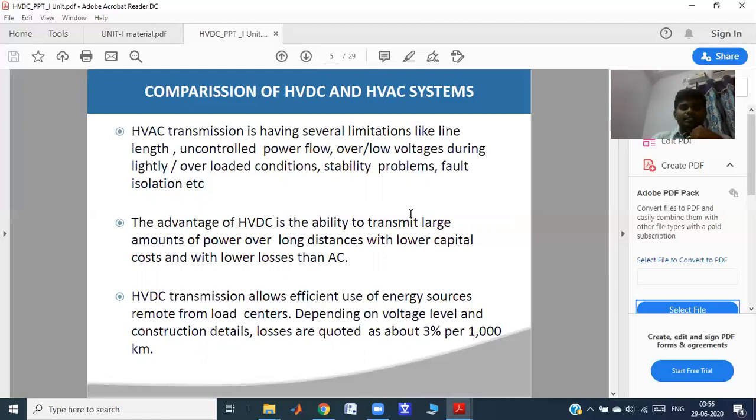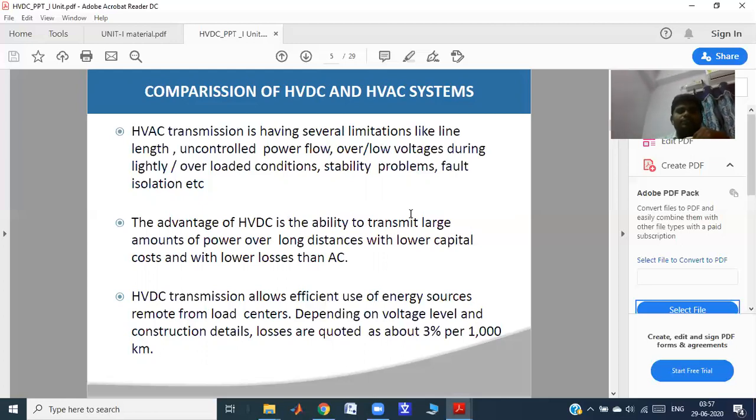That means if you design any transmission network, we should consider the initial cost as well as the operation cost. Initial cost means conductor cost, transmission tower cost, insulators and terminal equipment. Operational cost means line losses. In DC transmission, only 2 conductors are used. In AC transmission, 3 conductors are used. For the same amount of power, 2 conductors transmit the same amount of power as compared to AC transmission lines.